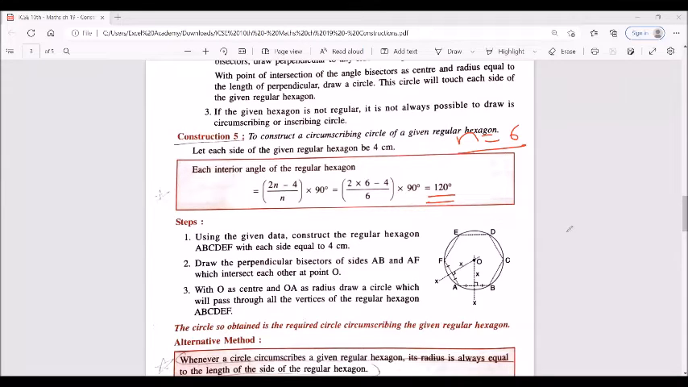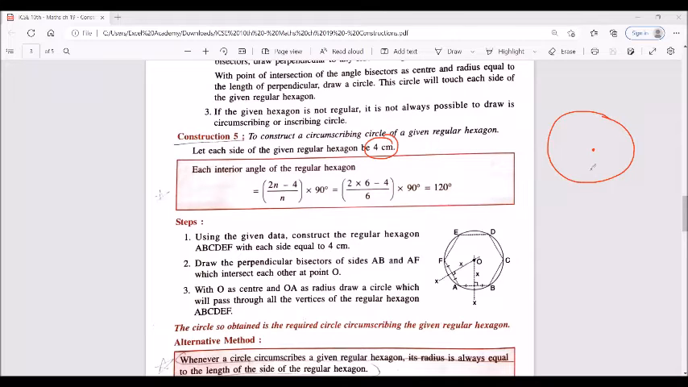Now if you have to construct a regular hexagon, using the given data, construct the regular hexagon ABCDEF with each side equal to 4 cm. Those who have done elementary drawing know that if you take a circle of radius 4 centimeter, which is nothing but the side of the hexagon, right? And if you draw a circle here of radius 4 centimeter,